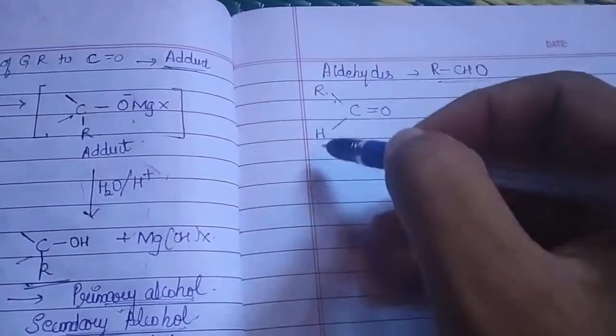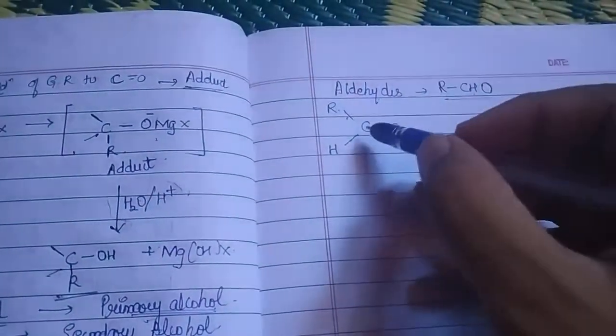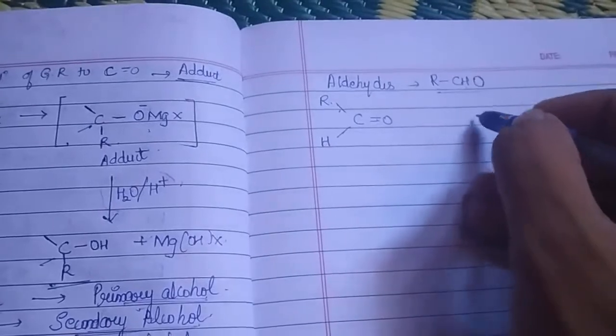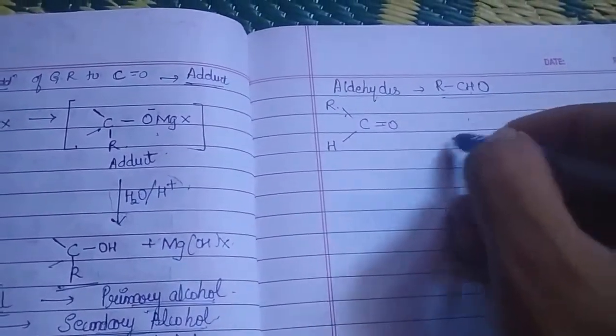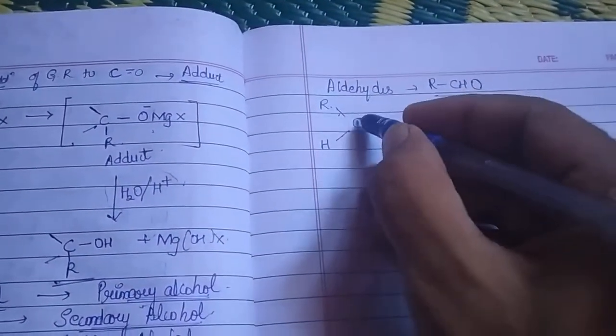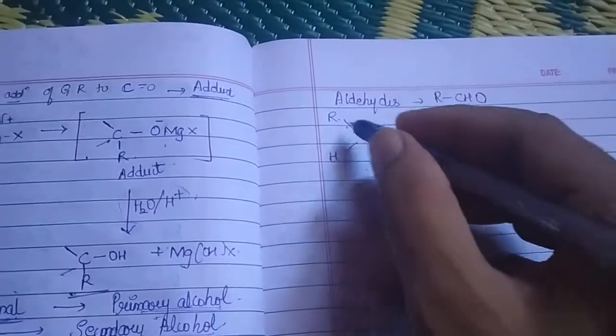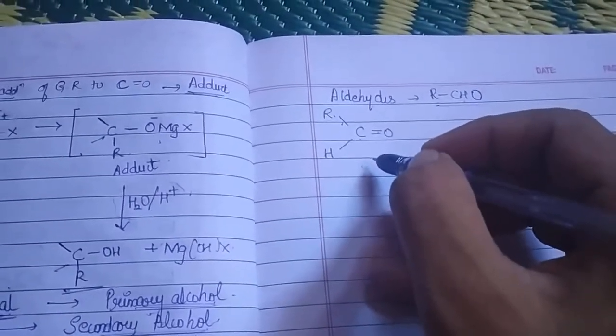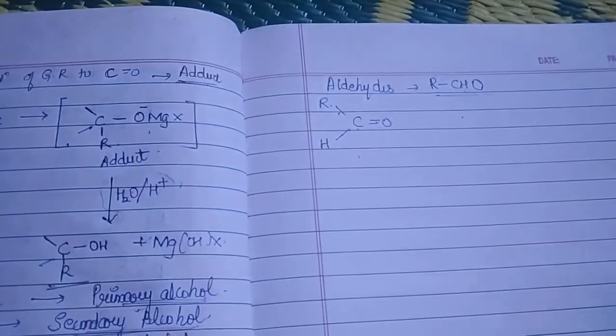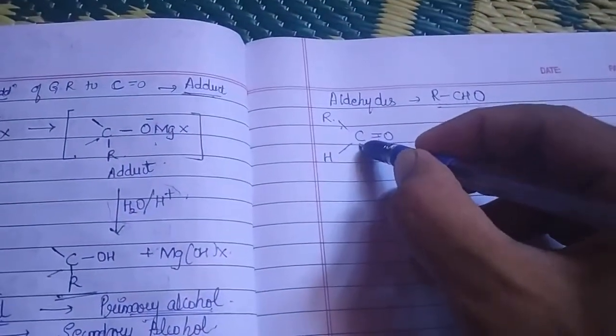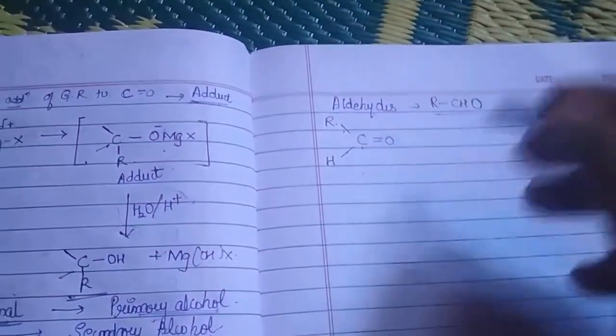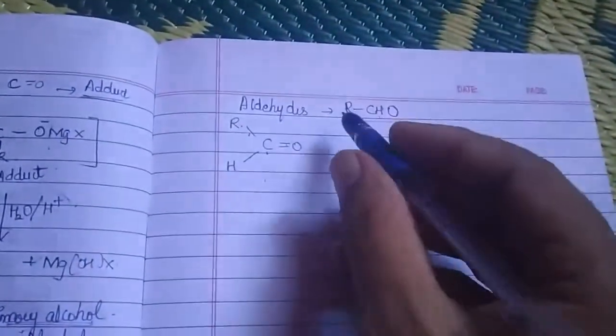You will only get to know why we are getting a secondary alcohol in this case. Once again, when I write RMgX, R comes and attacks over here. So a carbon will be attached to two other carbon atoms. So it will be a secondary carbon atom. That is the reason the alcoholic group will be attached to such a secondary carbon atom. It will be giving a secondary alcohol. Let us see how it does so.